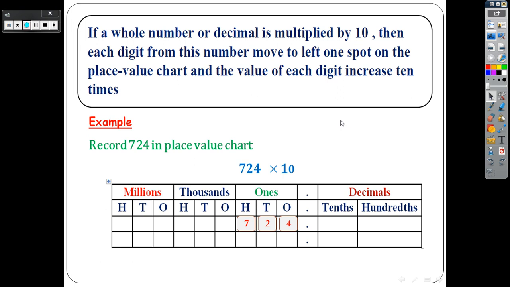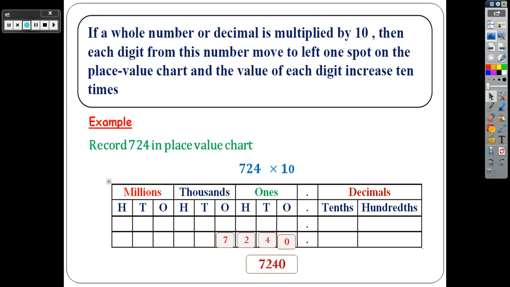So start to move 7 to the left one spot. It will be in the thousands place, and the 2 in tens now goes to the left, will be in hundreds, and 4 in ones goes to the left, it will be in what? In tens. Now, what is the value under ones? It will be 0. So what is the resulting number? The result number now is